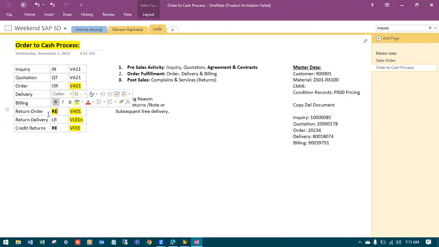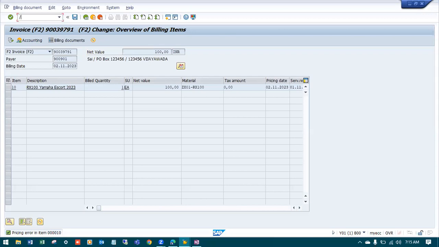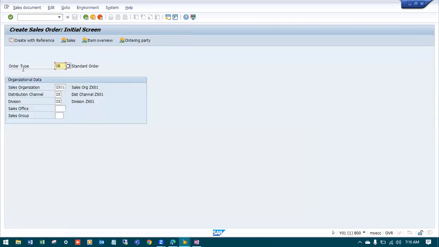While creating this return order, we need the preceding document, which is a billing document. Either they'll give the bill or an order number, either of the two. Let's assume the customer is giving us a billing number. Let me try creating a return order. /n VA01. Order type here, I'll change this to RE. If I hit enter now,